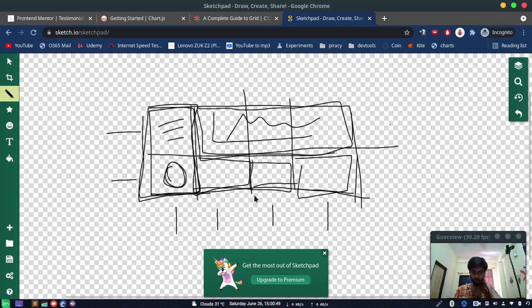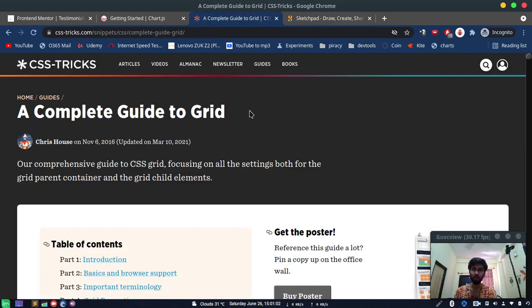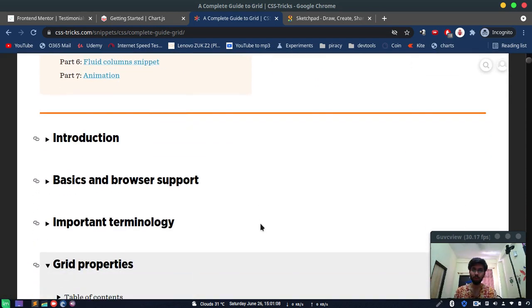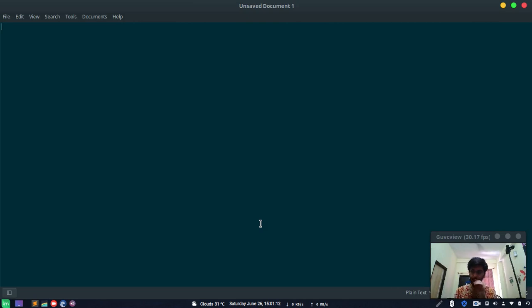I'll be using CSS grids for making this layout, because without that it will be difficult, I think. And if you don't know about the grid system, I highly recommend you check out this documentation by Chris House. It's hosted on CSS Tricks, and the properties that you will be needing basically are, if I just zoom in, grid template columns,